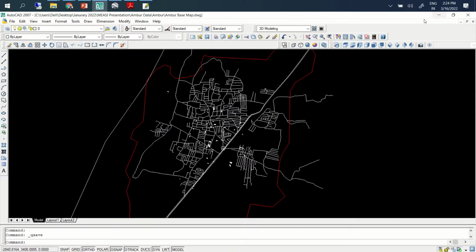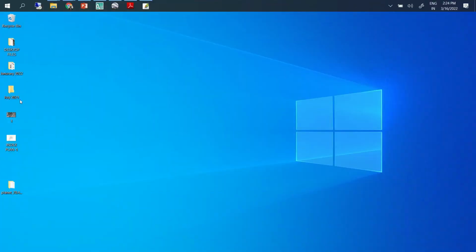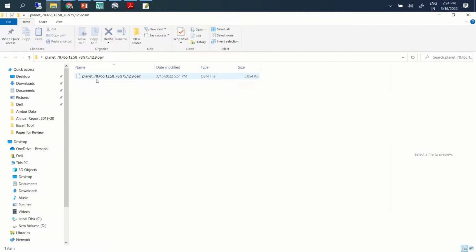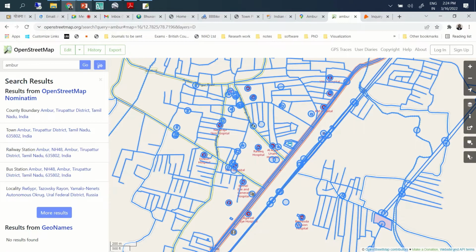Once you do that, you will get some information like this. You'll be able to download the OSM file. Then there is a small conversion tool.